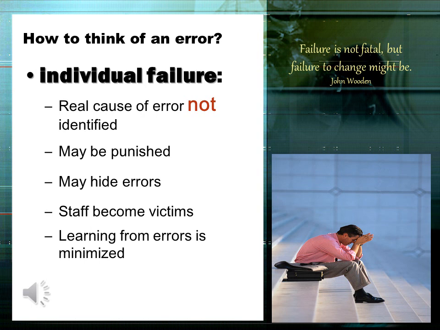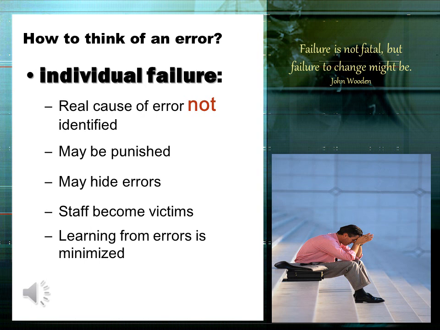Let's look at that a little more closely. There are some problems with thinking of a mistake being made as an individual failing instead of a system failing. For example, if we look at it as an individual failing, we're not really going to identify the true cause of the medication error. There may have been other factors in that person's environment that contributed to the error being made. And if we don't address those real causes, we're not going to be able to make our medication use process